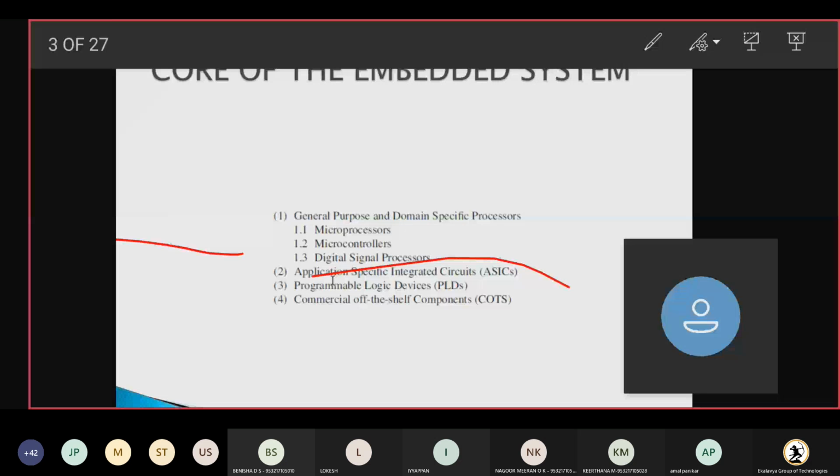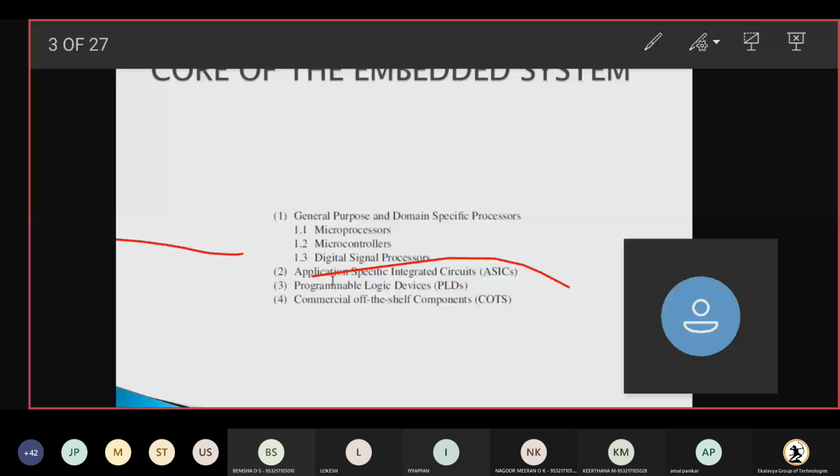So what they started to think is, why don't we include these analog devices into a single chip, and why don't we program that? So they invented one thing, which is called the SoC, system on chip. In the system on chip, we have a microprocessor as well as programmable analog things. That is called a system on chip.